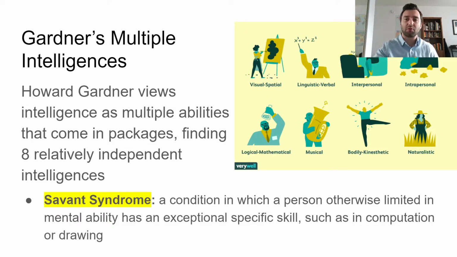Musical, which is probably straightforward as well. Bodily kinesthetic, which is your ability to move. And naturalistic, which has to do with nature and kind of like the universe and things like that. So Gardner would say that you can be intelligent in some, or technically you could be all of these ways, but they're really more individual, right? That you can be really high in logical mathematical, but you might also be pretty low in visual spatial.